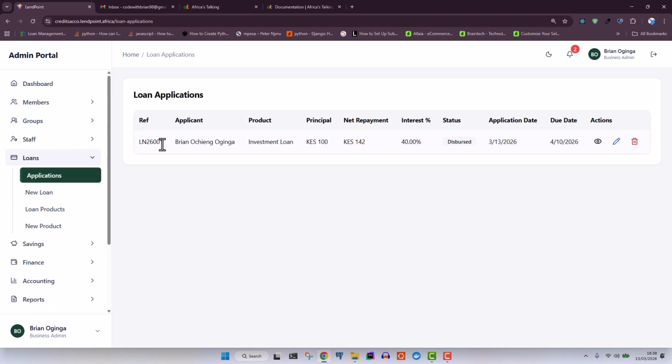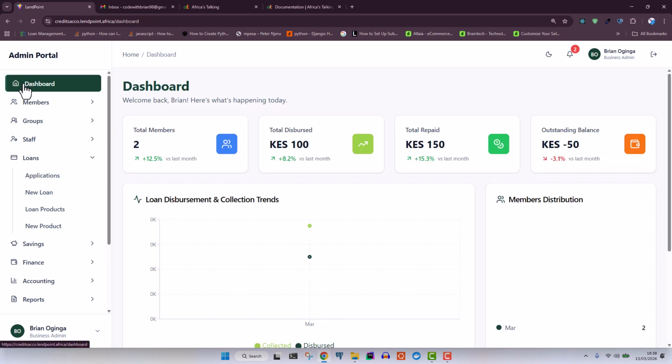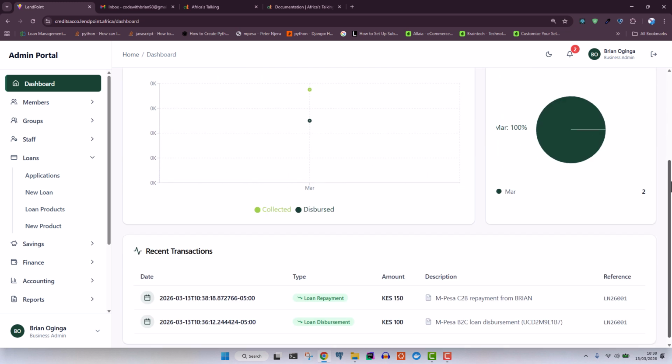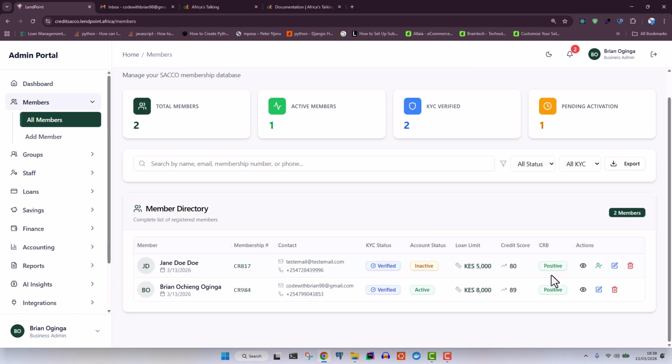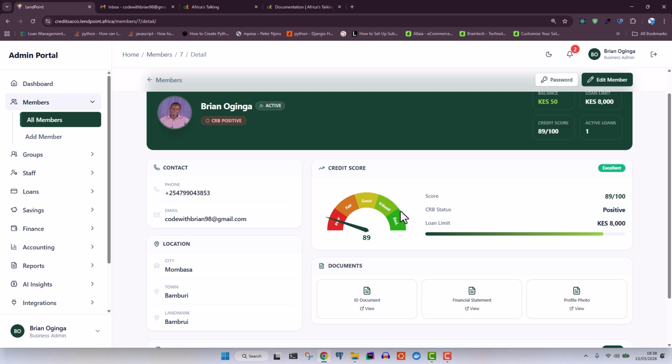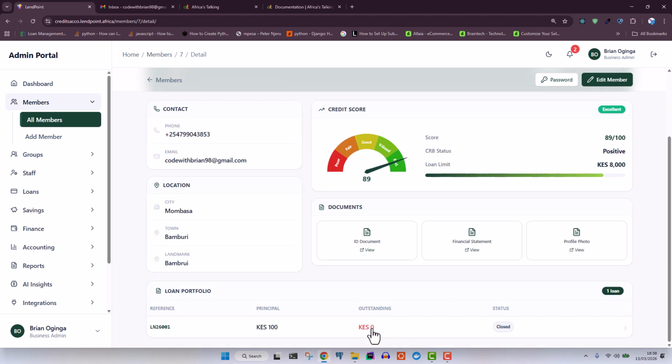Okay, so I've made a payment against the loan. So let's go ahead and check our dashboard section. We'll see a repayment. The total repaid is 150. That is true because I've paid extra. I'll tell you why. And we also have the recent transactions here. If you were to go back to the members ledger, and go back to the loan portfolio, you can see that